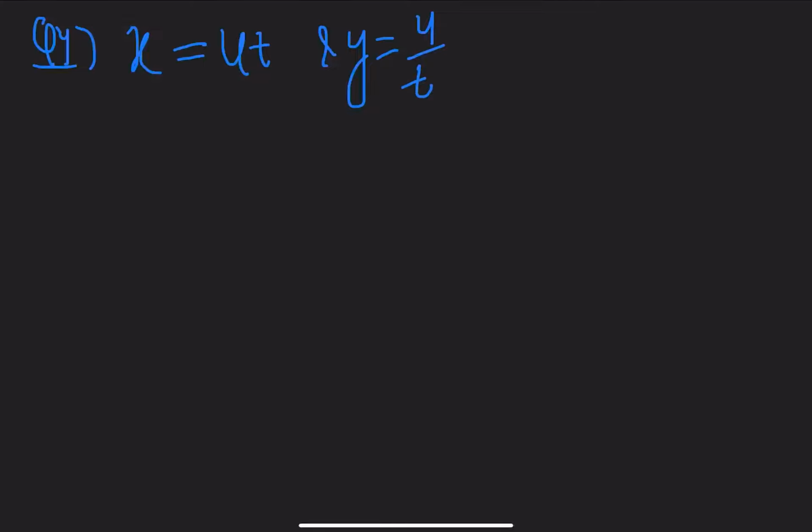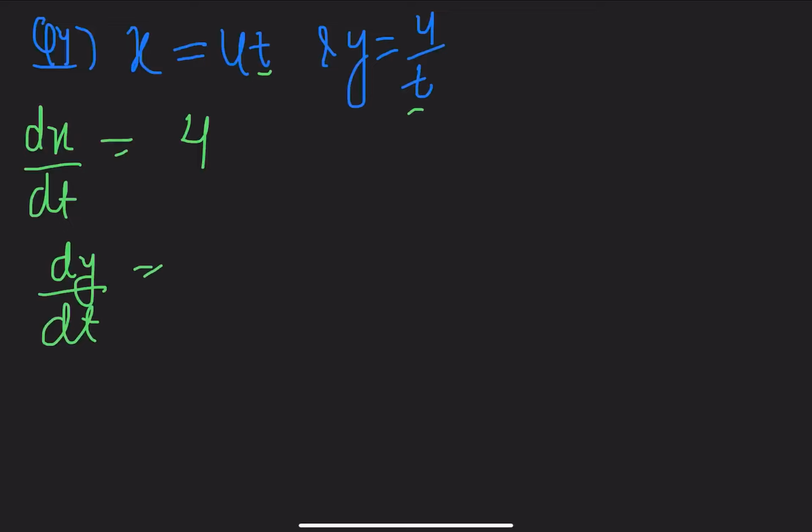So again, let's do the same thing first. The parameter you already know here is t because we are having t common. So differentiate with respect to t first, dx by dt, which is going to be 4 because t is a variable, differential of a variable is 1. And similarly dy by dt, but in dy by dt you cannot write it 1 upon 4. There are two things here. There is a numerator and there is a denominator, so we will have to use the quotient rule, which states that the answer to this will be t into derivative of 4.